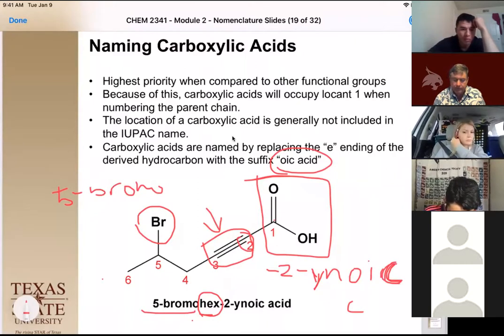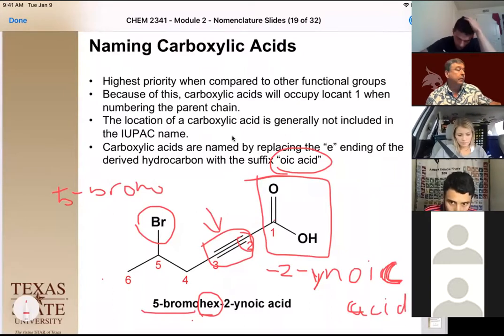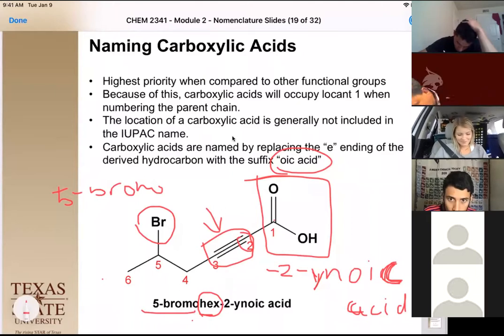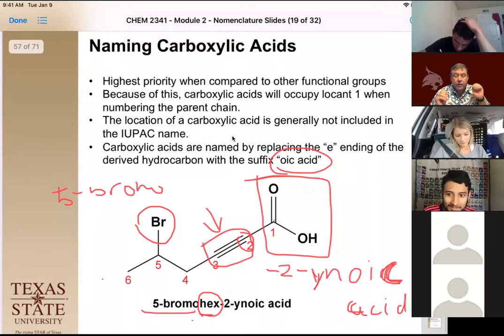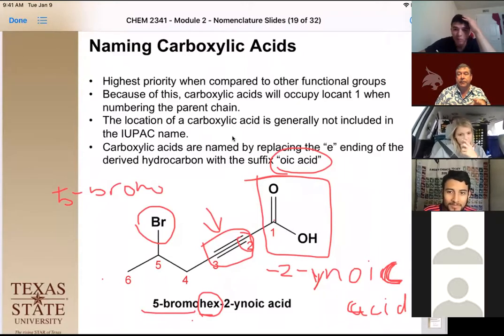Oh, I do not like this stylus. Can't find my other one. Okay. All right. So that's the first carboxylic acid derivative. And again, carboxylic acid, highest priority, always starts with that number